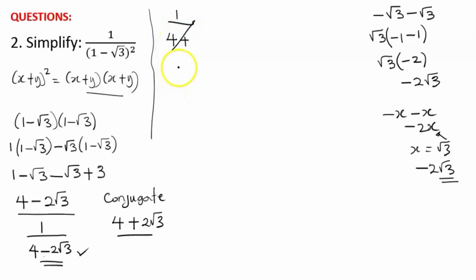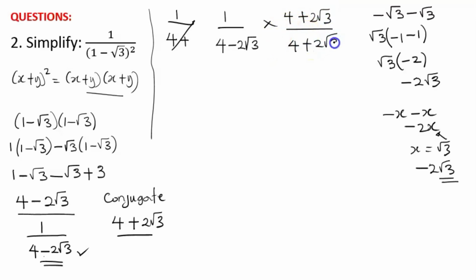Let me start that again. It's going to be 1 divided by 4 minus 2 root 3. So what we do to rationalize now, we multiply this one by 4 plus 2 root 3. Then also we multiply this one by 4 plus 2 root 3. So when we do that properly, we are going to have 4 plus 2 root 3